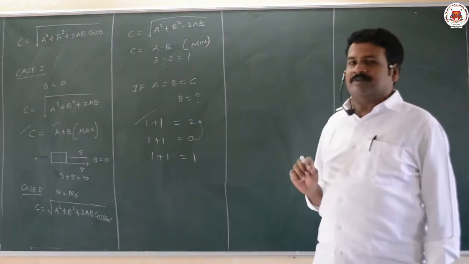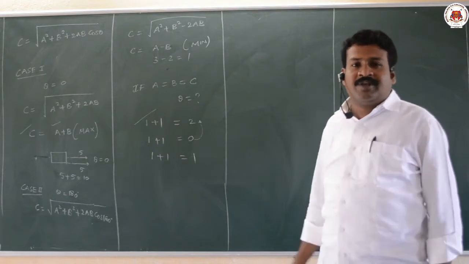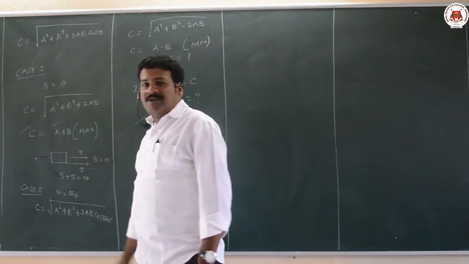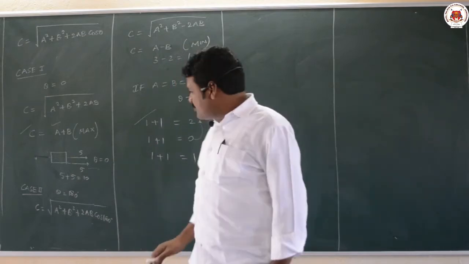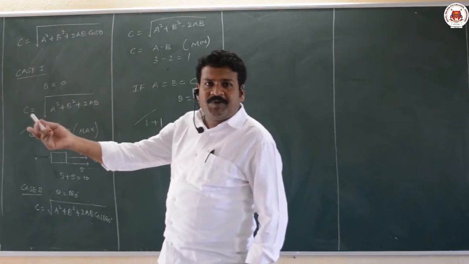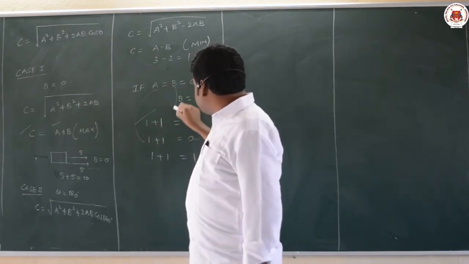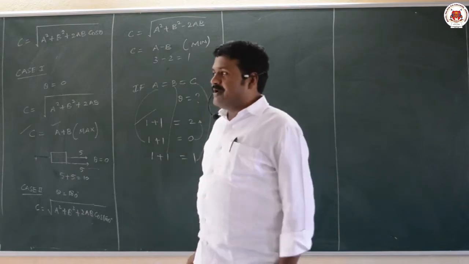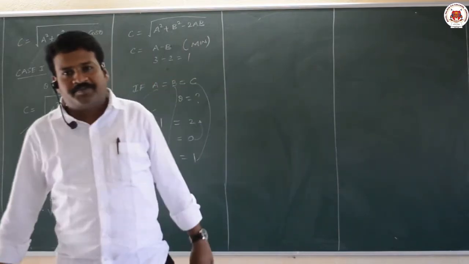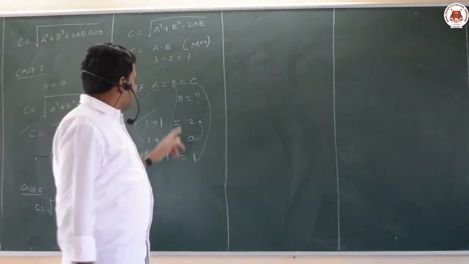So when you add two vectors, we can't tell the addition answer exactly without knowing their angle. 5 and 5, when acting in the same direction, I got 10. The same 5 and 5, if acting in opposite directions, I got 0. So 1 plus 1 can also be 1. So that's what we are doing here. A is 1, B is also 1, but the answer is also 1. If the resultant of two equal vectors is equal to either of them, then what is the angle between the vectors? That is the case here. You can find theta.